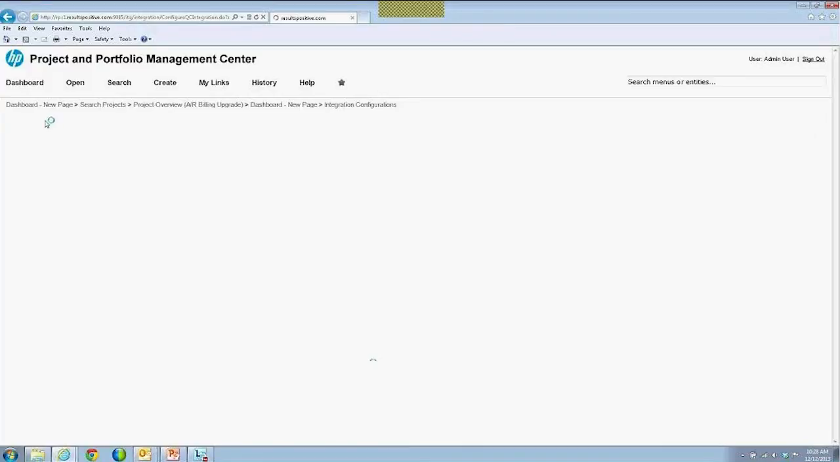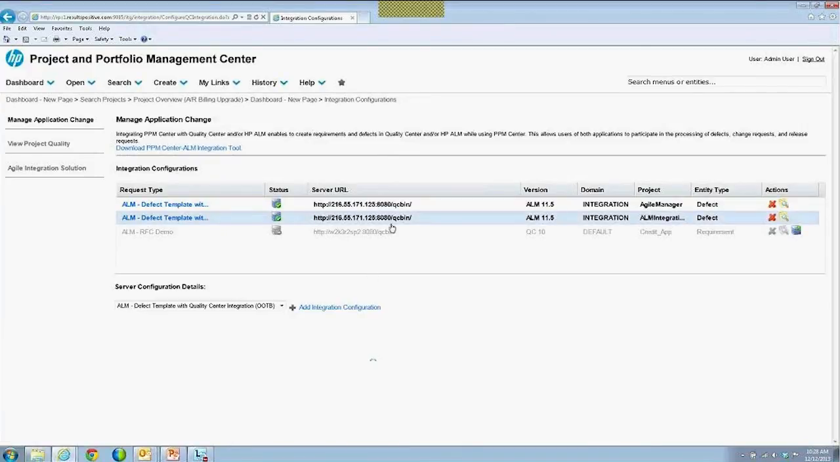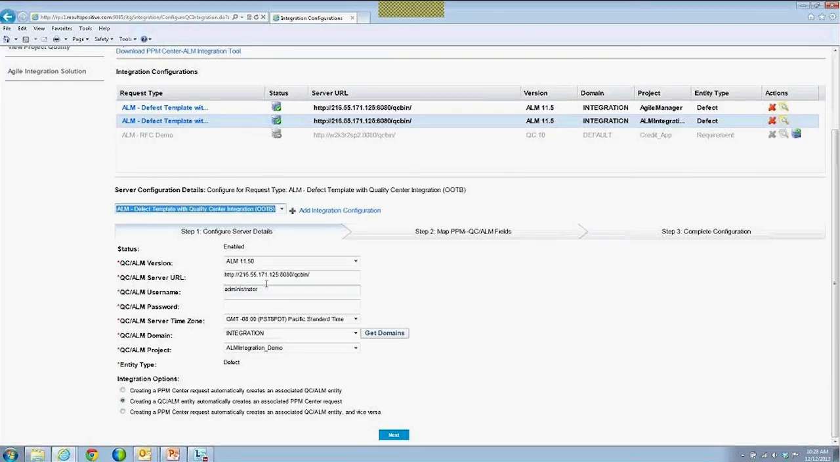Out of the box, once they're installed, it's a matter of finding out where your ALM instance is and providing the authentication and setting up the mapping, for instance, for defects and requirements, which is very straightforward with the new version. In fact, if we look at the defect one here, you can see we have to give it the username and password. It's asking for a time zone. They have to be the same on ALM and PPM. It's asking for a domain and a project to use, and then how do you want to integrate it,